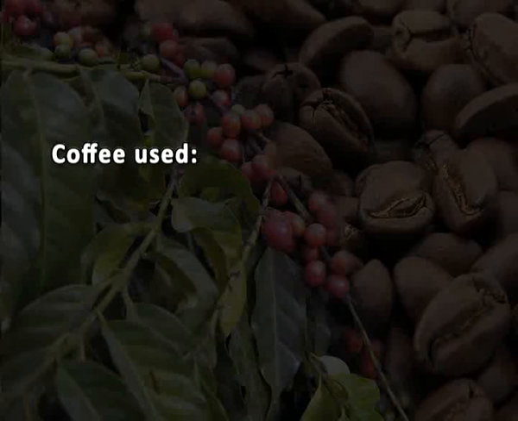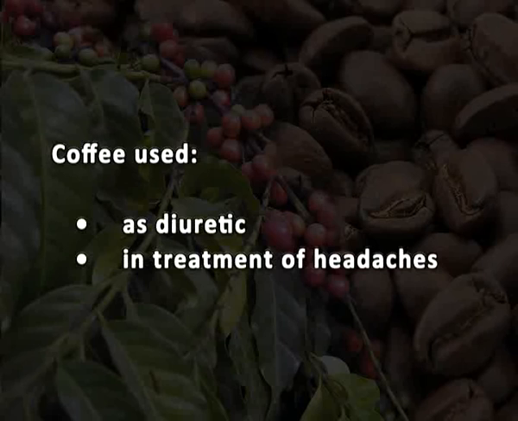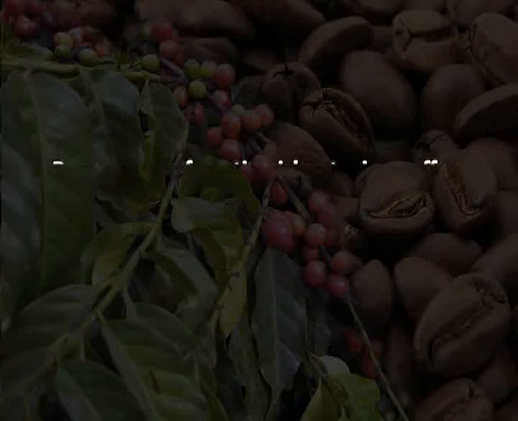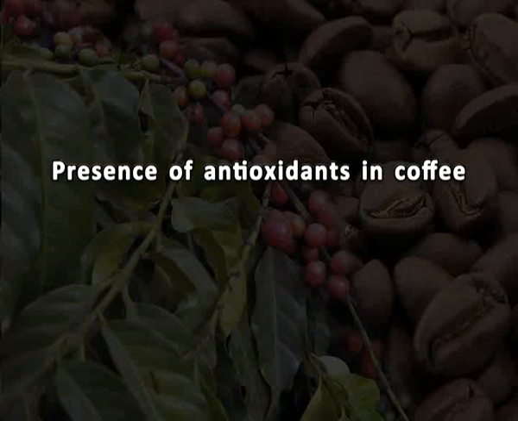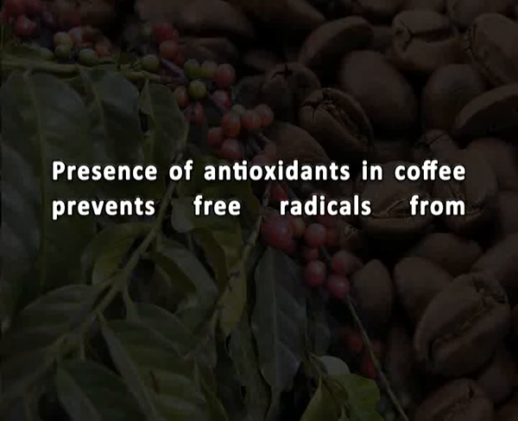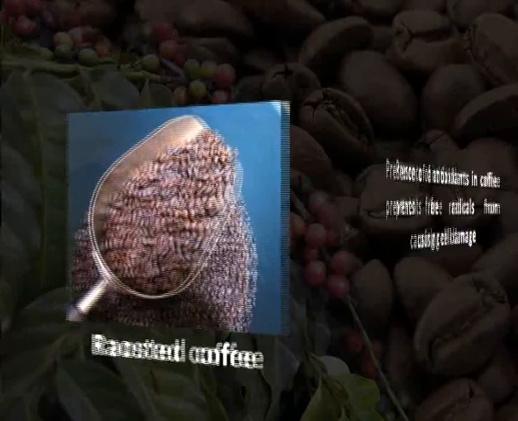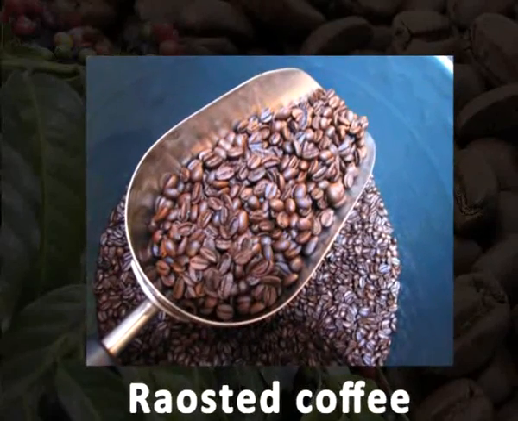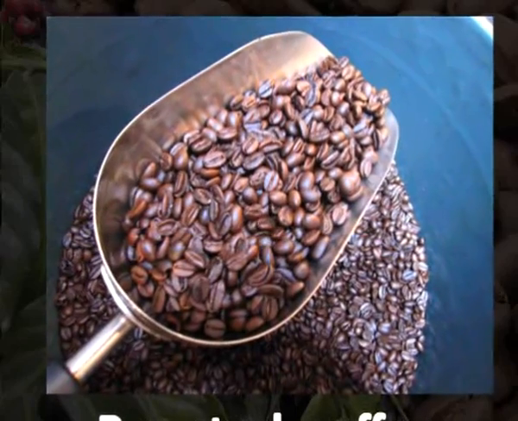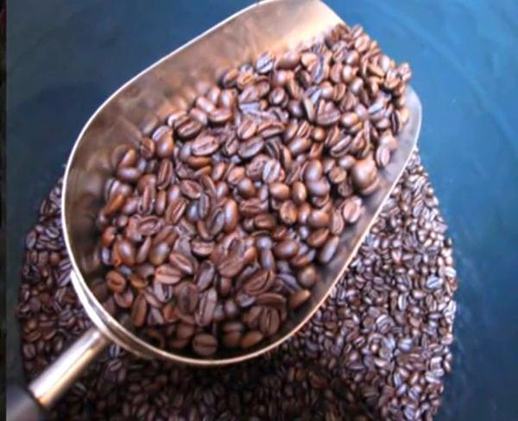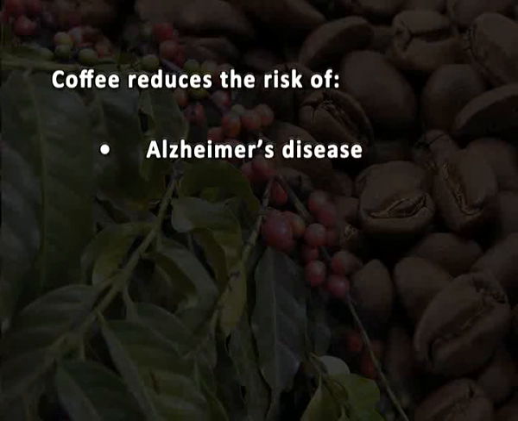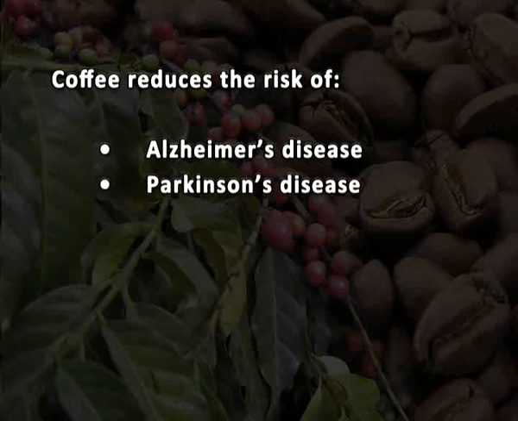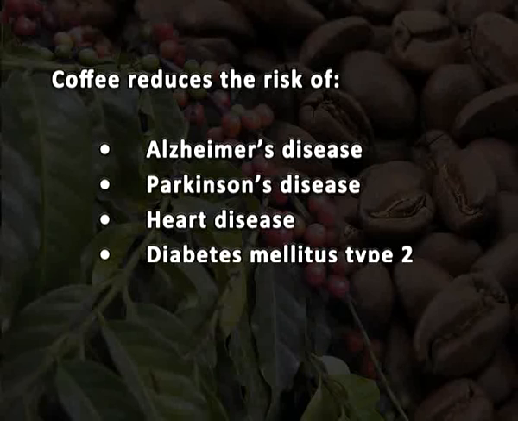Importance of coffee. It is used as a diuretic and in the treatment of headaches. The presence of antioxidants in coffee has been shown to prevent free radicals from causing cell damage. Roasted coffee high in lipophilic antioxidants and chlorogenic acid lactones protected primary neural cell cultures against hydrogen peroxide induced cell death. It reduces the risk of Alzheimer's disease, Parkinson's disease, heart disease, diabetes mellitus type 2, cirrhosis of the liver